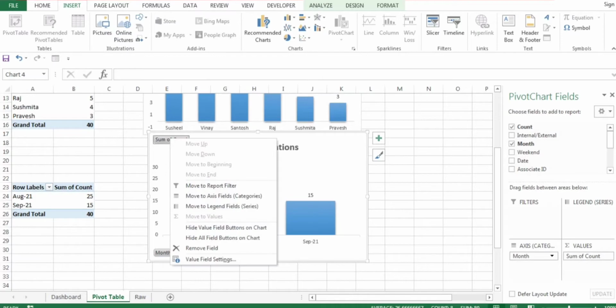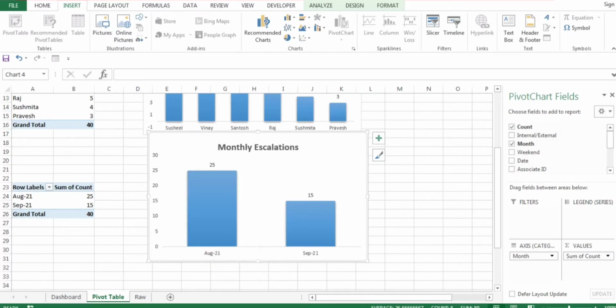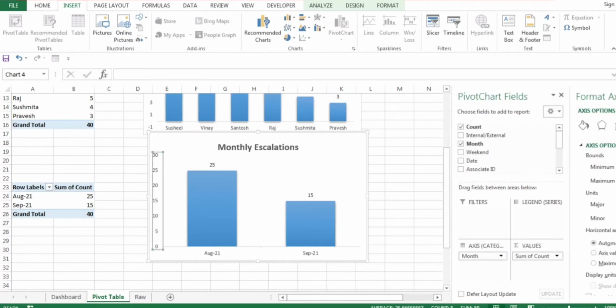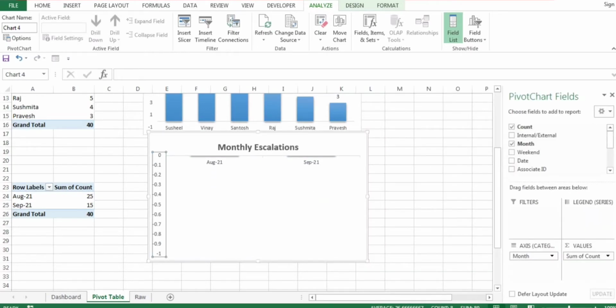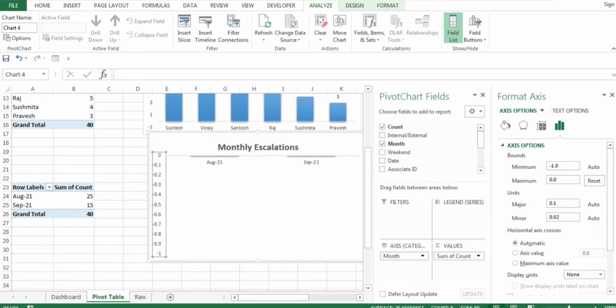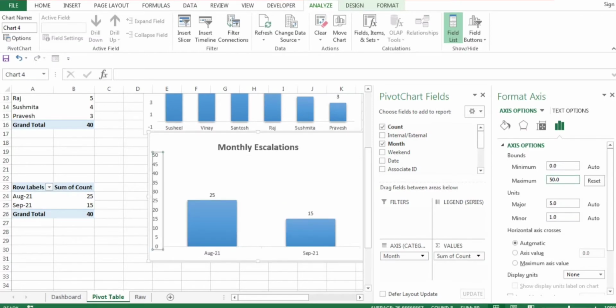Now I'll click on this sum of count and hide all the buttons. Okay, done. And I'll keep this count till 50. It's up to you guys. Again, how we got this option, I'll explain again. Just double click here, and it has a minimum and maximum value. In maximum, just keep it 50 and enter. Then it's up to you. Make it very nice so that it looks better in front of managers.